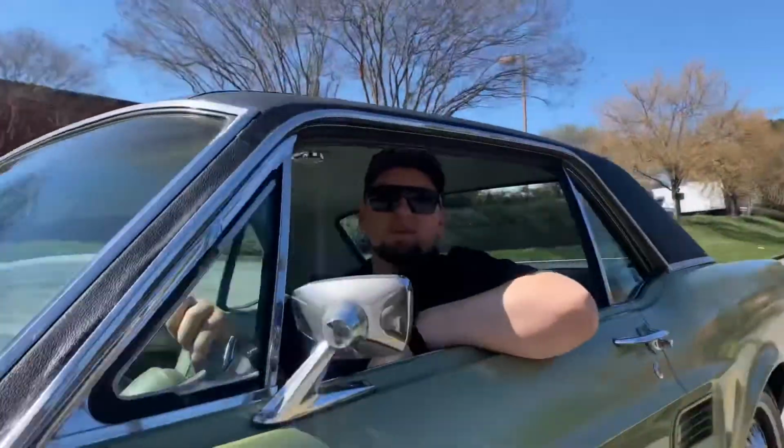Doesn't get any better than a 1967 Ford Mustang in my